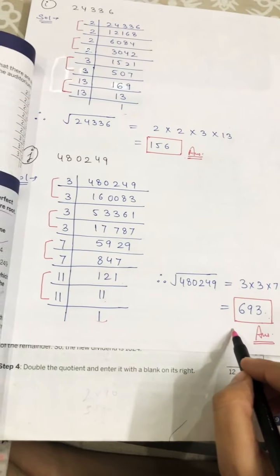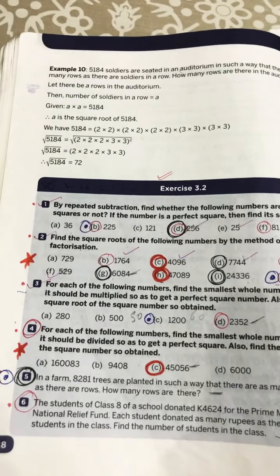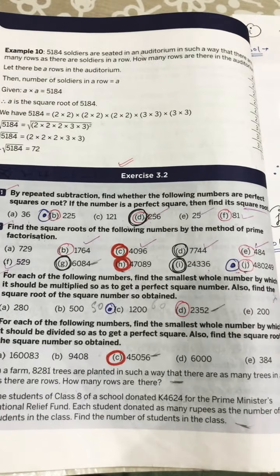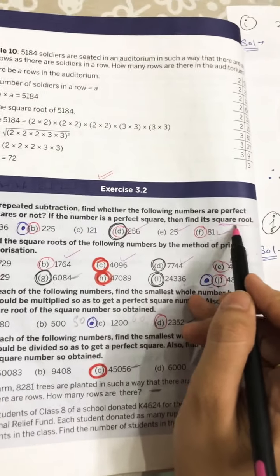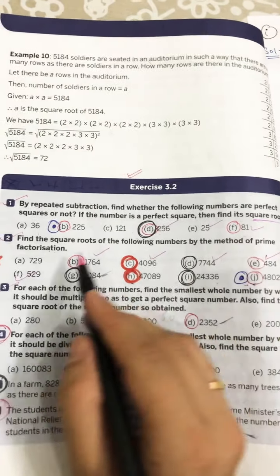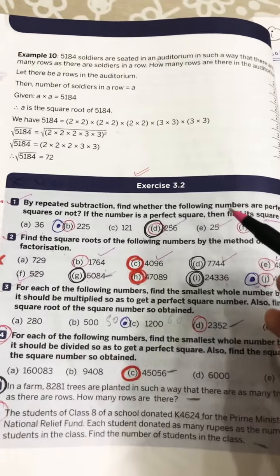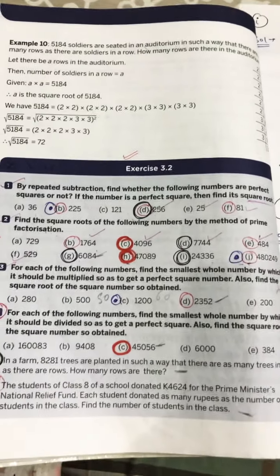This is your answer. So today we have done the first 2 questions. Some parts I have given for homework. That's why the next questions, 3rd, 4th, 5th and 6th, will start in the next lecture. First of all, you have to practice this first question: how you will take out the square root with repeated subtraction, and how you will take out the square root with the prime factorization method. Okay, with these 2 methods you have to take out the square root, and please practice properly in the practice notebook and then go for the fair work.